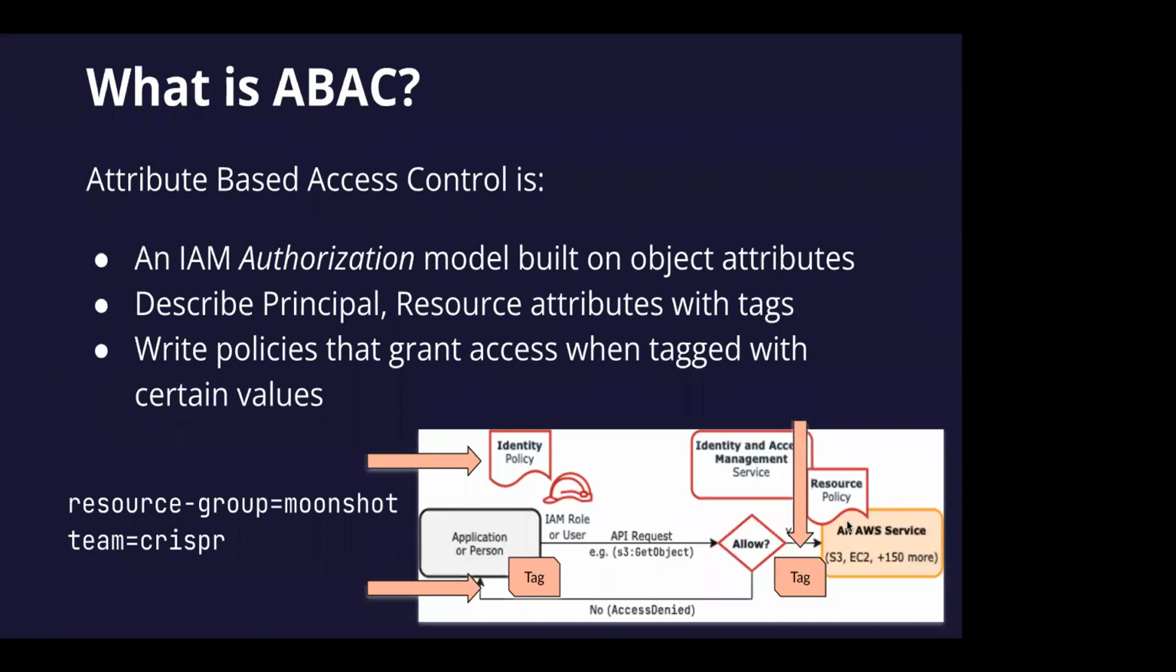And when you implement ABAC, you create identity policies and attach them to IAM roles and users. And then you tag your principals or sessions with resource group equals something. And then you apply a similar set of tags on the resource side. So that sensitive app data bucket might be tagged with resource group equals moonshot. And so